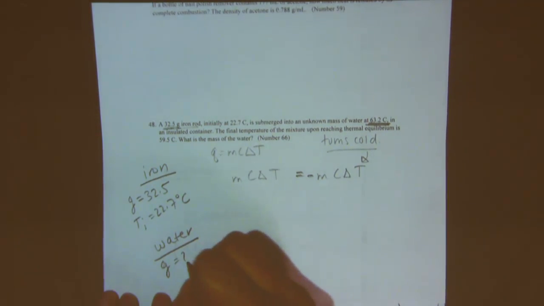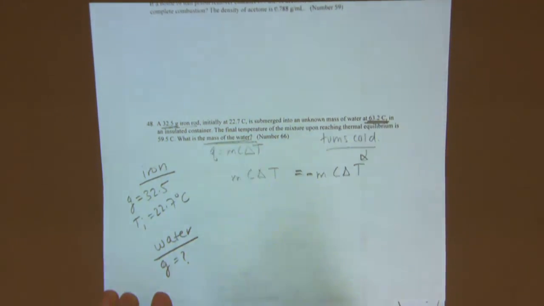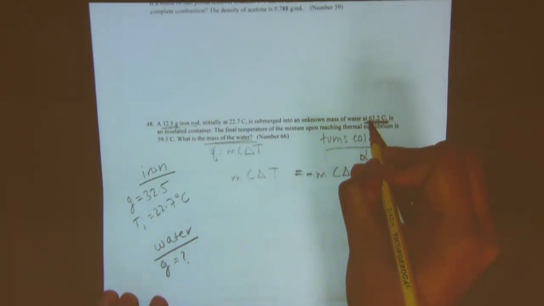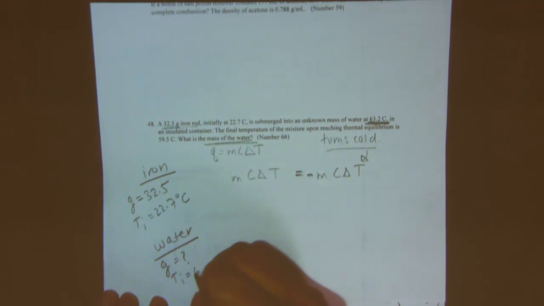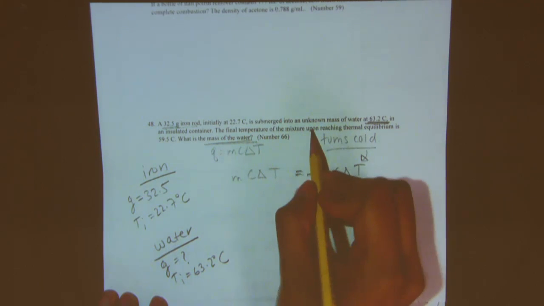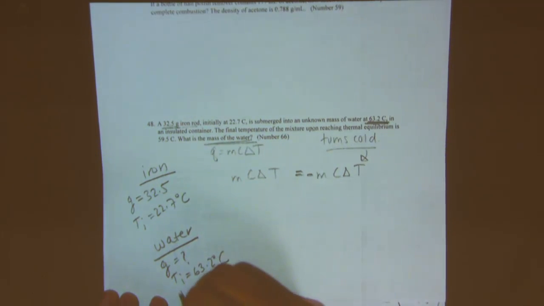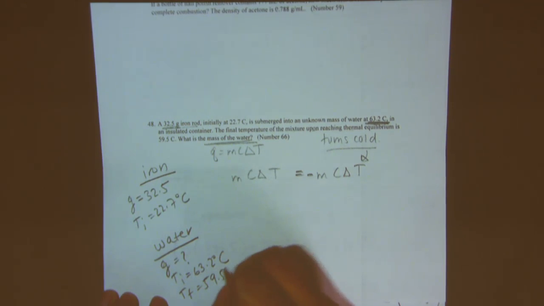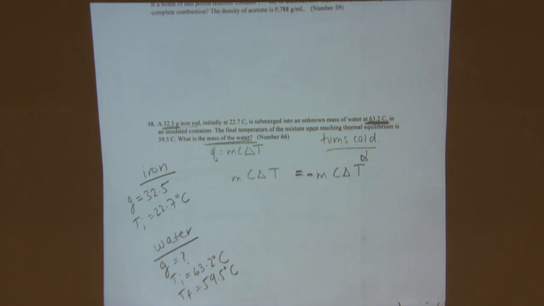We don't know grams because they're asking us to find the mass of the water. And they tell us the initial temperature of water at 63.2 degrees Celsius. And they tell us the final temperature of the mixture at 59.5 degrees Celsius. Okay, so will water and iron have the same final temperature, or will iron have a different